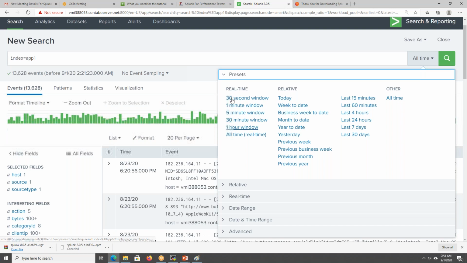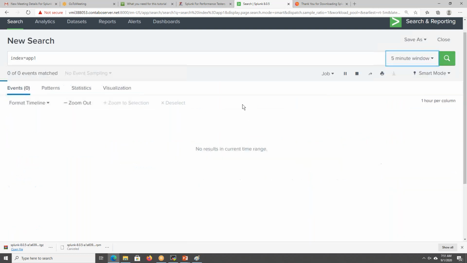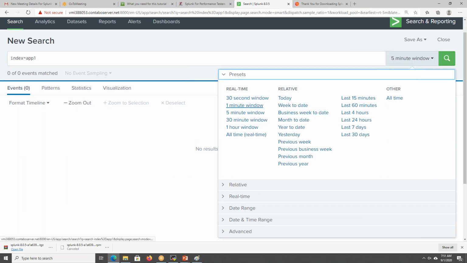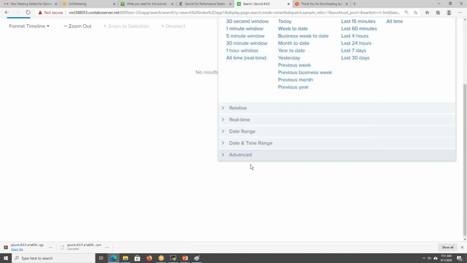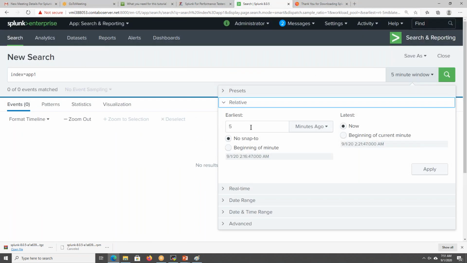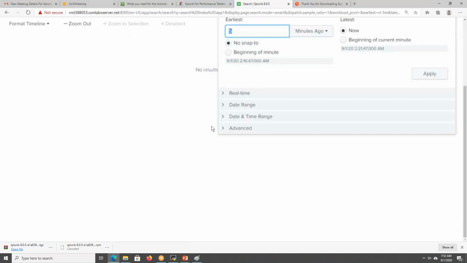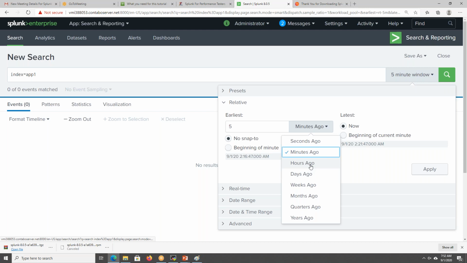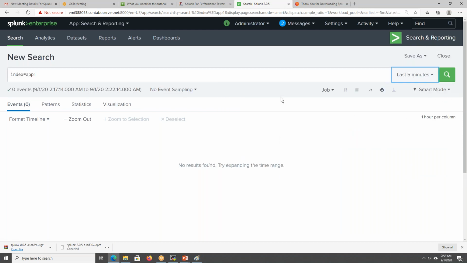And there is something called real time, where we can directly select a 5 minute window, meaning you will be getting live 5 minute window data. I will be showing this when we do real time monitoring. Okay, if I'm running one test and I want to monitor the last 3 or 5 minutes of data, then I can put earliest 5 minutes or earliest 1 hour, and save. Then I will be getting only the last 5 minutes of the data.